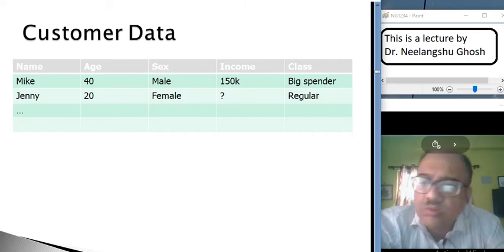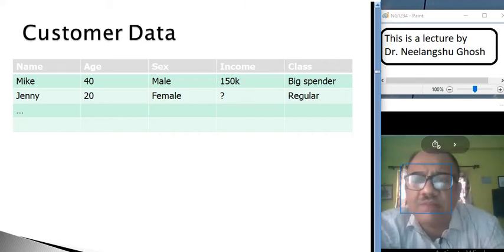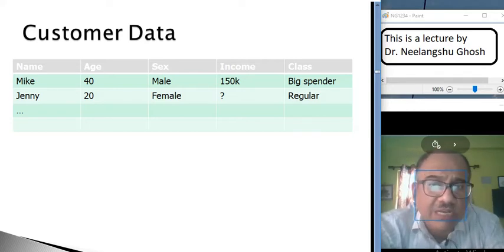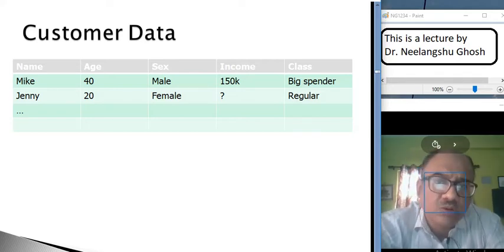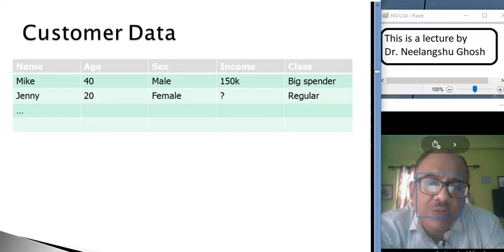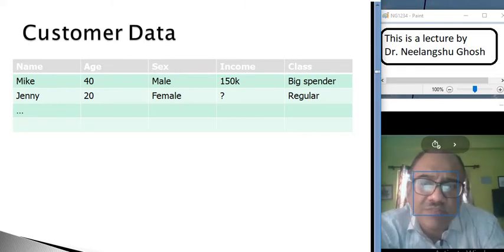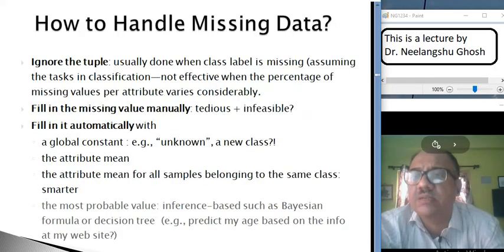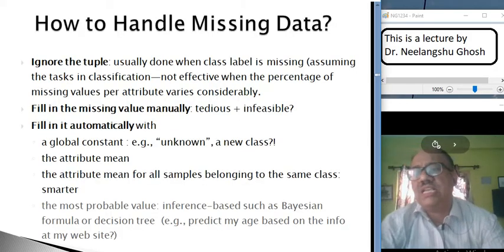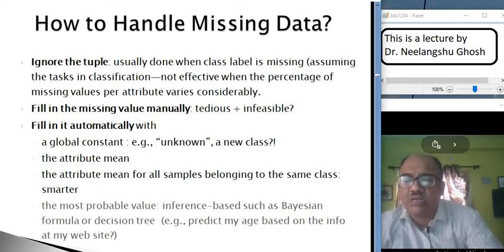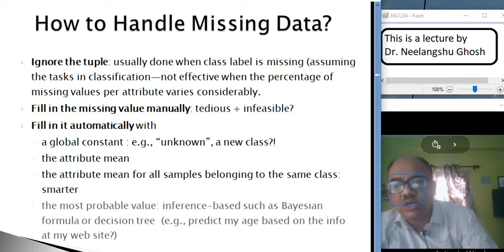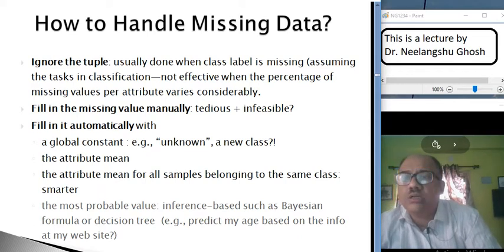But income is an important attribute, so deleting the income column could be something wrong. Instead of that, deleting a row is much more effective in this case. So ignore the tuple means you can remove the tuple, or fill in the missing values manually.